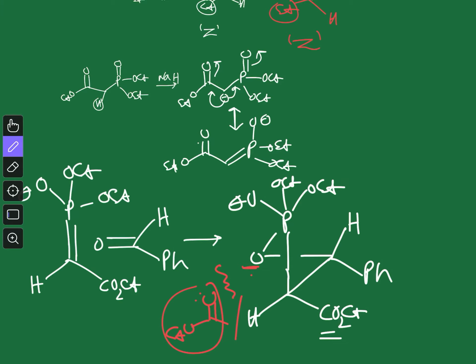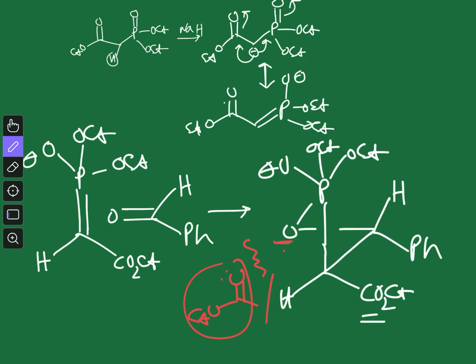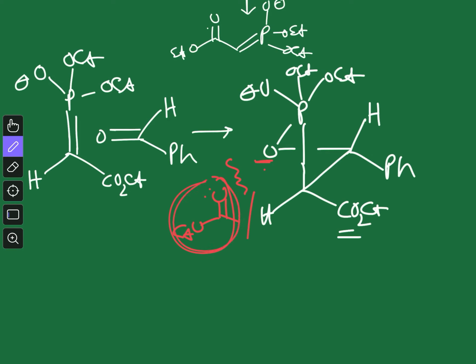In the previous case we had only an ethyl group, you can see it is an ethyl group and there is no Coulombic repulsion over here. But in this case, because it is not a simple ethyl group, it is a stabilizing group, the electronegative oxygen atom is there in the ester group, and that's why there will be Coulombic repulsion. So to avoid this Coulombic repulsion, this CO2Et group will find its place on the right hand side.